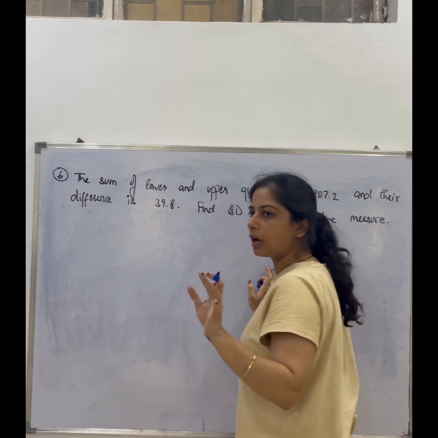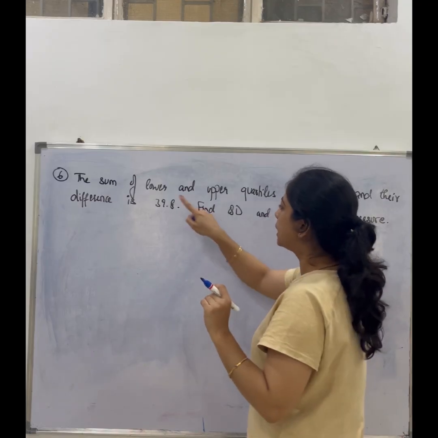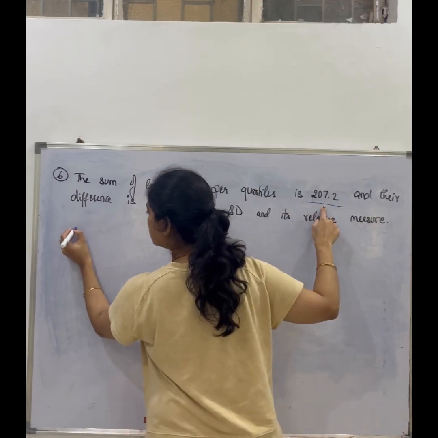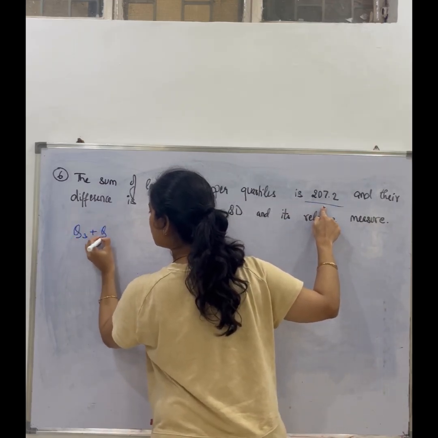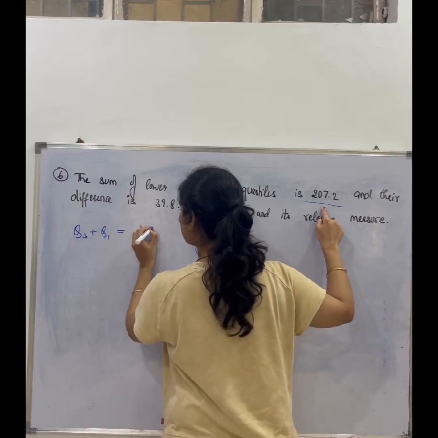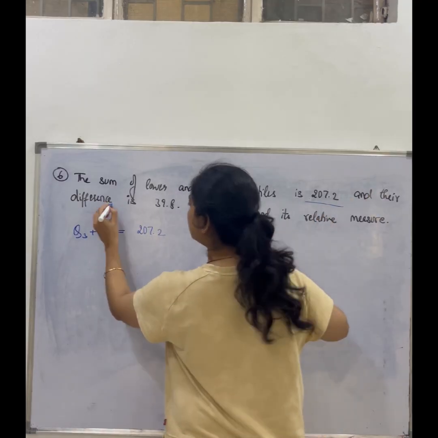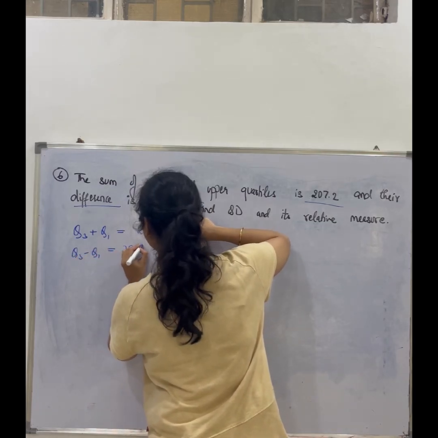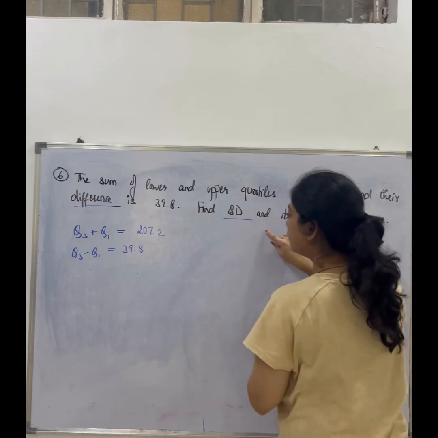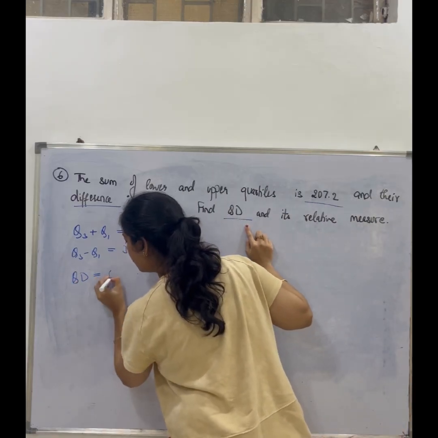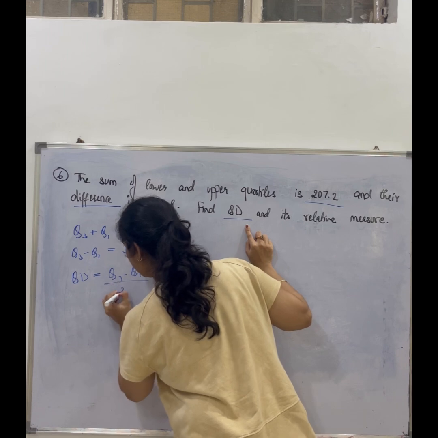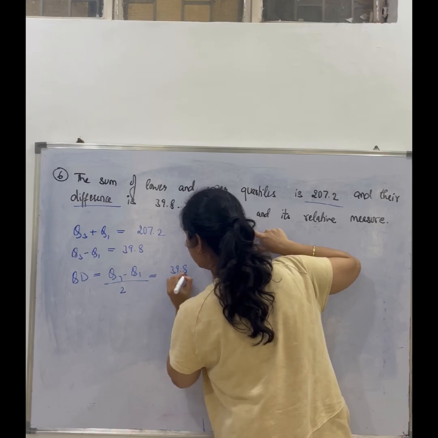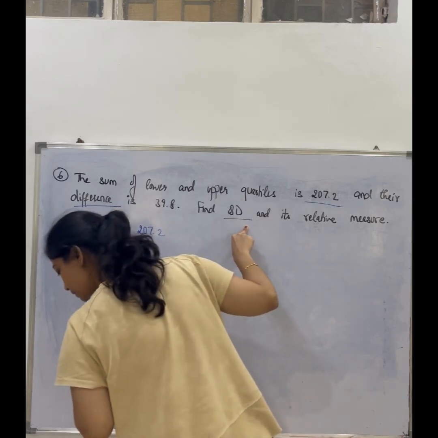So first let's put down whatever they have given us in the question. The sum of lower and upper quartile is 207.2. So Q3 plus Q1 is equal to 207.2, and their difference, which is Q3 minus Q1, is 39.8. Now we need to find out QD first. So QD is equal to Q3 minus Q1 by 2. Let's substitute that. 39.8 by 2, and the answer is